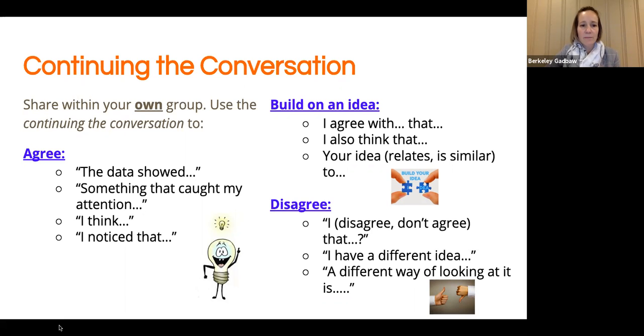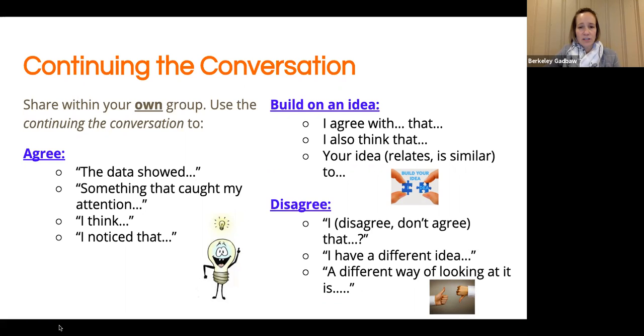So if you're going to agree with somebody, I noticed that, or I guess that's maybe not so much for the agreement, but just to make an observation, or if you're going to build on another idea for students, whether it's a language gap or barrier, or more of an introvert, or just looking for a way to join a conversation, having these as norms in your class and posted and available for students is huge in getting discourse to happen at tables without a teacher